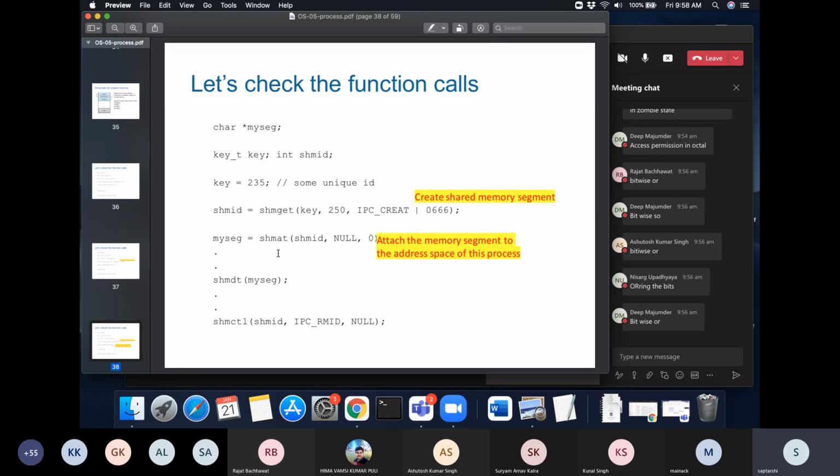So then you have created the shared memory and attached it to the address space of this process. Then you use it just like you would use any other memory. Finally, when you are done using that memory, you detach it, that is, detach the memory segment from the process address space. And finally,